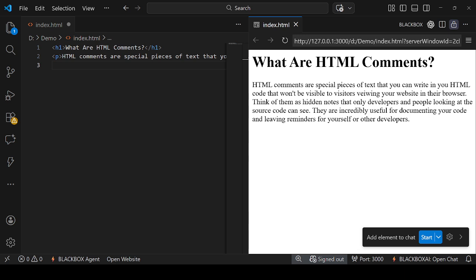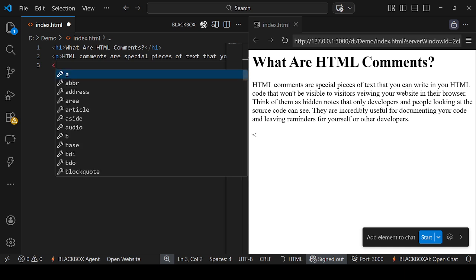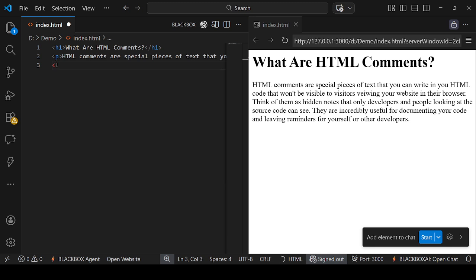So, for now, let's look at exactly how to write an HTML comment. Let's write a comment. The syntax is very specific, so pay close attention. First of all, you need an arrow, and then you need an exclamation mark, then you need dashes. As you can see, our comment has been placed in our HTML page. Now you can write here, this is the